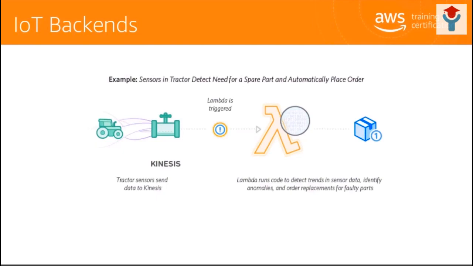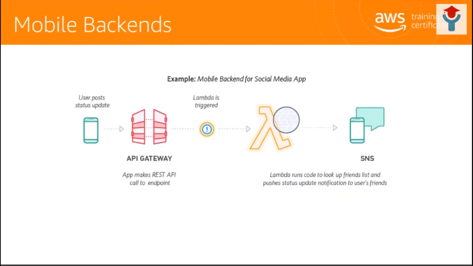You can also use AWS Lambda to build your backends for your IoT devices. You can combine API Gateway with AWS Lambda to easily build your mobile backend. API Gateway makes it really easy for you to authenticate and process those API requests, and AWS Lambda makes it really easy for you to build and develop those rich, personalized app experiences. Most of our customers use a microservices backend using AWS Lambda, SNS, and API Gateway to run both their website